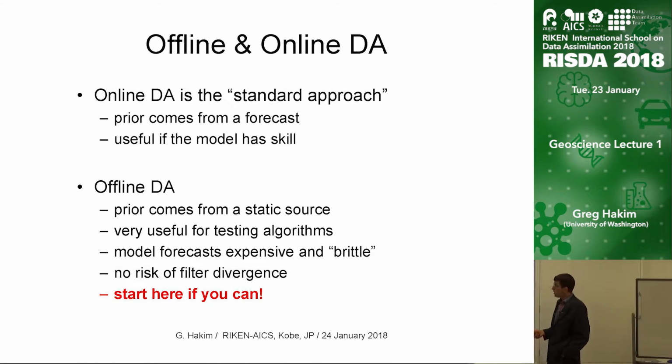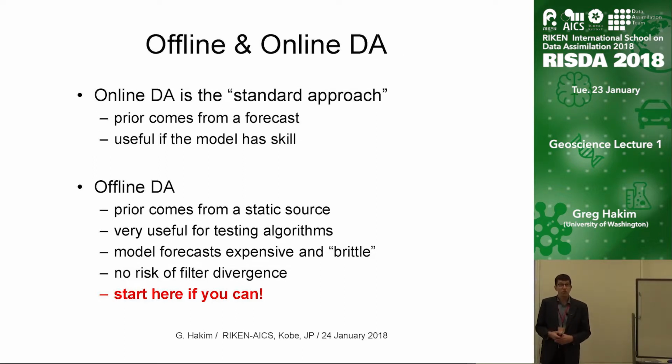And even when we are, I think there's a lot of benefit to doing offline data assimilation. So for offline data assimilation, the prior doesn't come from a forecast in the past state. It comes from some other source. So I'll be talking about the Paleo Climate problem. We don't have the ability to cycle Earth system models for thousands of years for 100-member ensembles. For one thing, it's computationally prohibitive. For another thing, they have very little skill on the timescale resolved by these proxies. So we're essentially sampling the climatology of the model. So why not just do it with a single long simulation, which is what we do.